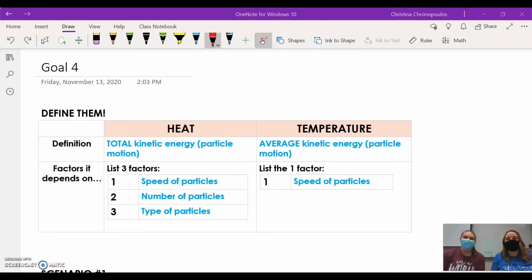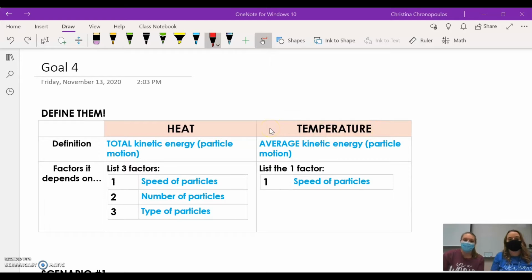Hi guys! The purpose of this video is to review goal number 4 with you, which is distinguishing the difference between the heat and temperature of a substance. We have this table here for you to just recap the definitions of each and what each depends on. So for heat, just to remind you, heat is the total kinetic energy or the total speed or molecular motion within an object, whereas temperature is more so just the average kinetic energy or the average particle speed